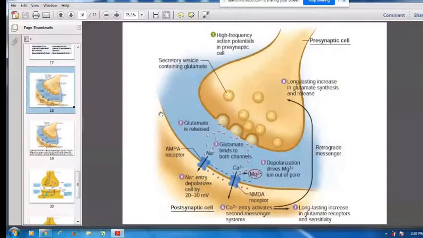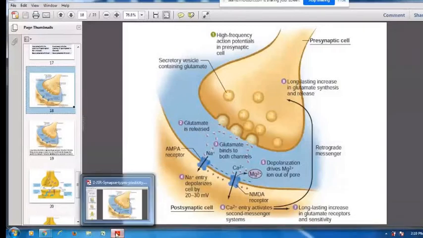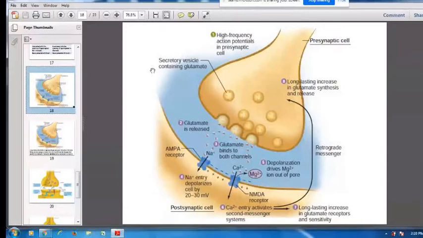Okay. This slide, can you see the cursor in the form of a palm? Yes, ma'am. Then hopefully you can see numbers 1, 2, 3, 4, isn't it? So let's focus on what is happening in this picture. Number 1 is the presynaptic cell, the presynaptic neuron, and this is the postsynaptic cell.